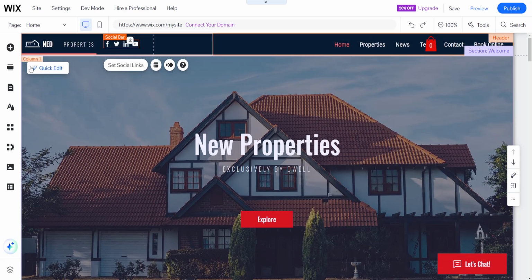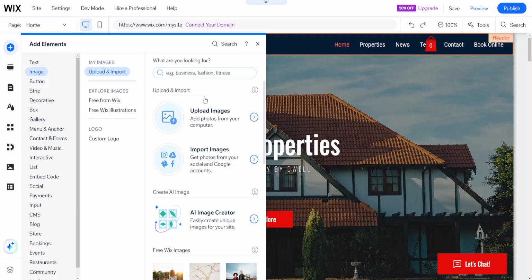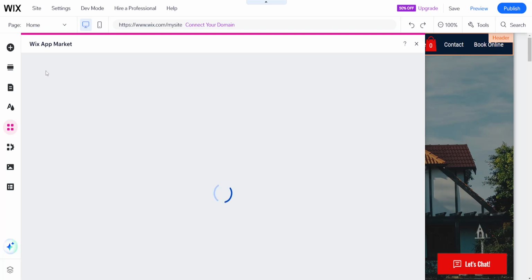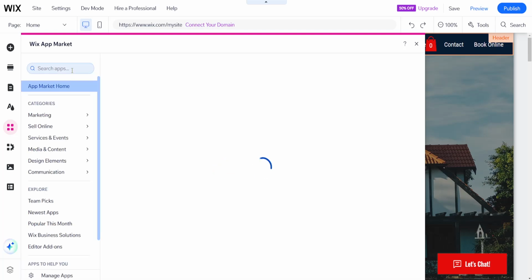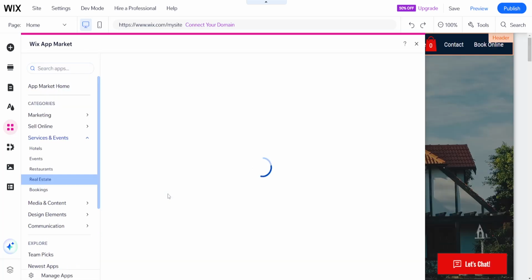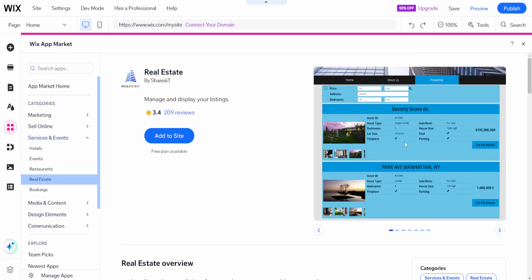Now, what can we also do? We can add different elements here. So if we go to image, we can upload images of the properties which we are selling. What else can we do here? The app market. We can view all of the different apps which we can add. So here you will see this application, real estate, manage and display your listings. So if we add this application here to our website, then we can immediately display and show all of the different